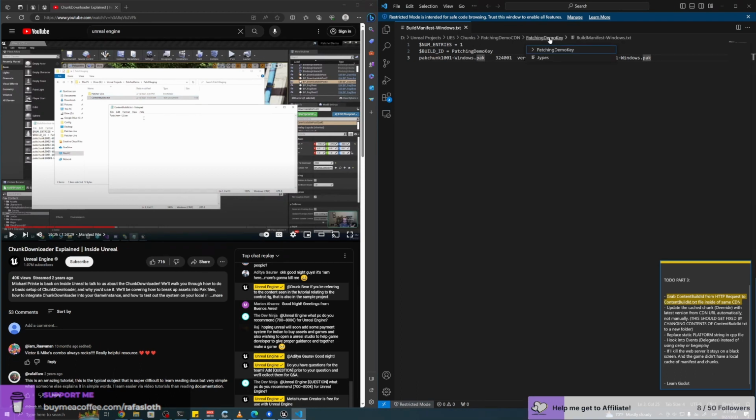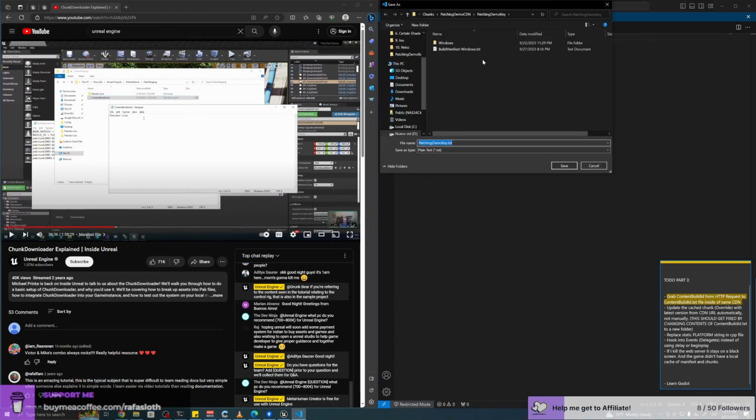Okay, the manifest is in patching demo key, so in patching demo CN, I need to create a new file, and it's just a text file, and it has the name of this folder, which is gonna be in the same folder of the content build ID.txt file. So the contents of this file is just this. And now the manifest is here, one directory up, and this needs to be named content build ID. Okay.